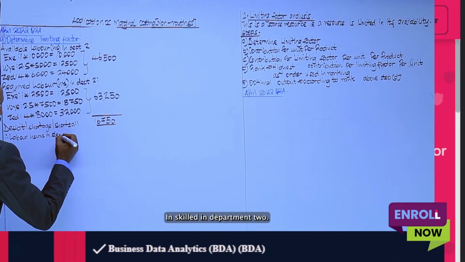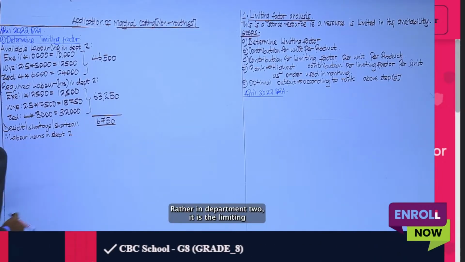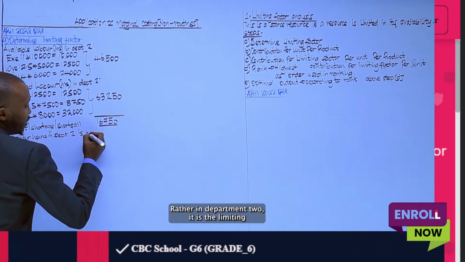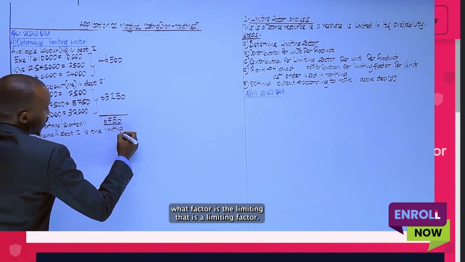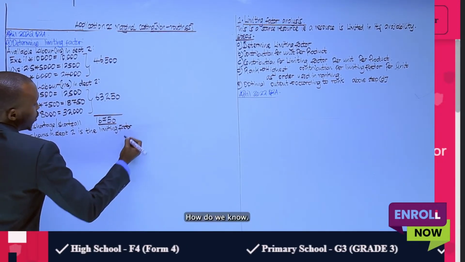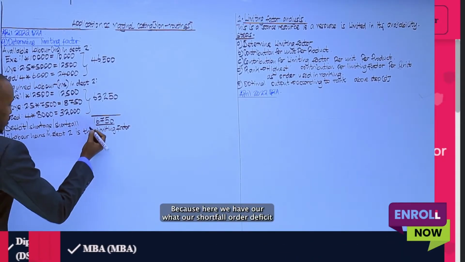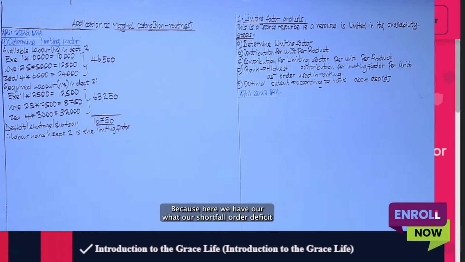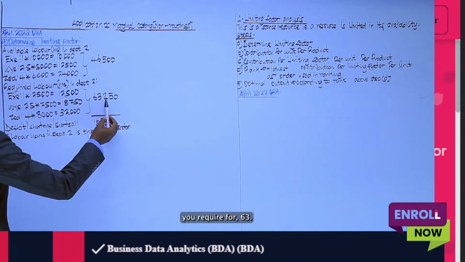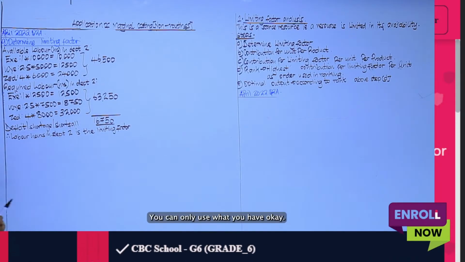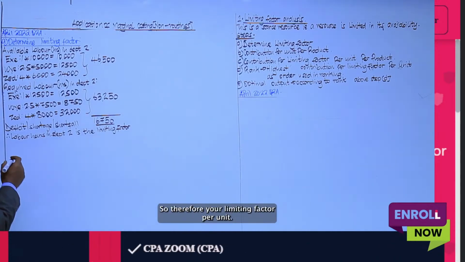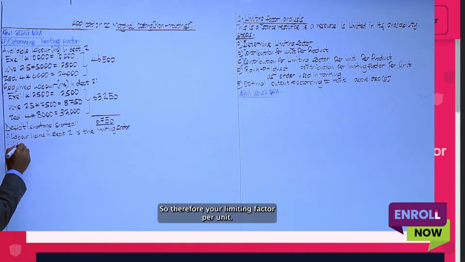But before we determine that, let us therefore here say, your labor hours in skilled, in Department 2 rather, in Department 2, it is the limiting factor. That is a limiting factor. How do we know? Because here we have a shortfall or a deficit. You require 63, but you only have 46. You can only use what you have, okay? So therefore, your limiting factor per unit,